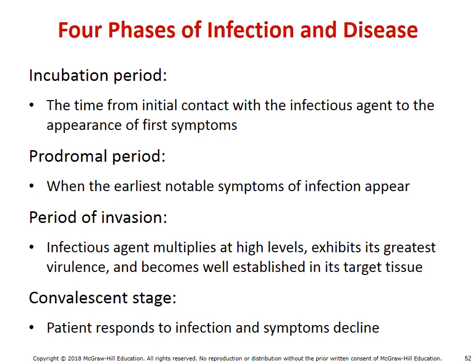At the period of invasion, or the height of infection, we typically see lots and lots of microbes and then lots and lots of ultimately signs and symptoms. This is usually the time whenever you're most likely to be able to be diagnosed with a specific disease. And really at this point 2 things can happen. You either die or you get better. If you get better, you go into the convalescence stage. In convalescence, the infection goes down and thus the signs and symptoms go down.